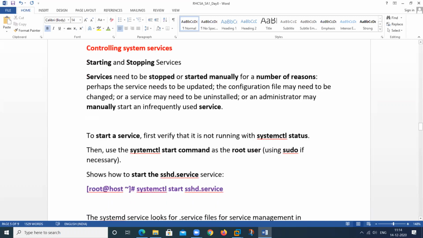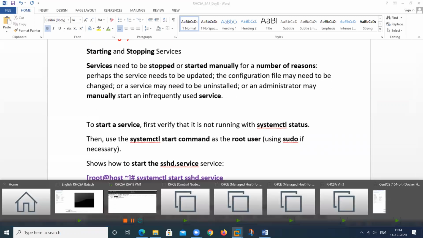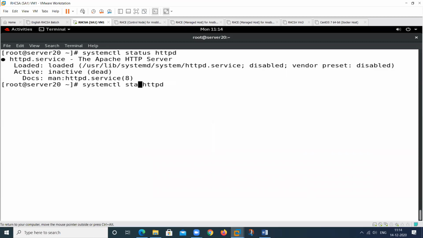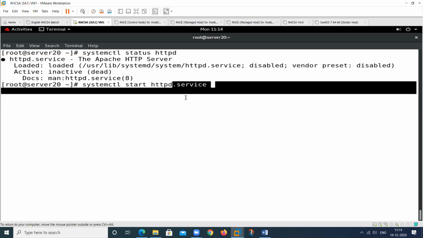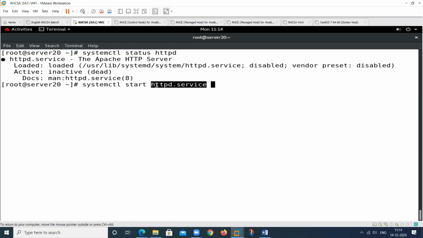So I will show how to start this. This is the command to start any service. To start the service, the daemon name is required. And this is my service unit, so we don't need to type this part. Only the daemon name. This is my daemon and this is the service unit. So we can start this particular daemon that is related to Apache. In Linux, this web server is called Apache. So this will work.